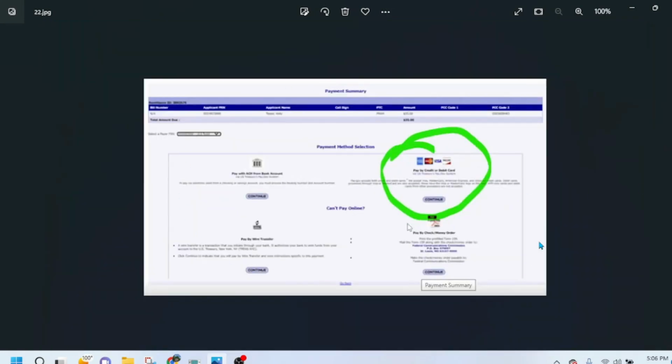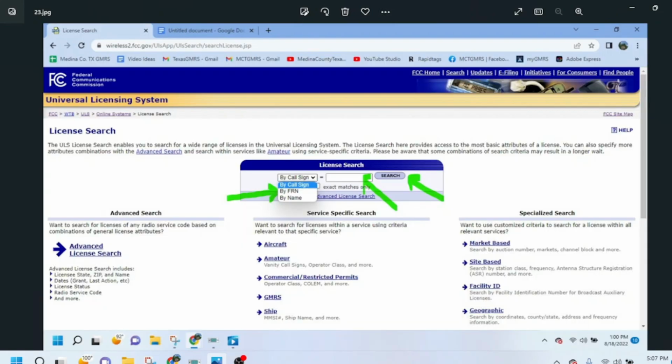It's going to bring you to a page that looks just like this. I'm sorry this is small, but every time that I've ever used this, I just use this box here to pay by credit card or debit card. All right, so you're going to click on this, and it's very standard from that point forward. You're just going to have to enter the name on the card, your address again, right? And just basic information to make the payment. So after that is done and you've got confirmation of your payment, typically within about 2 business days, your license